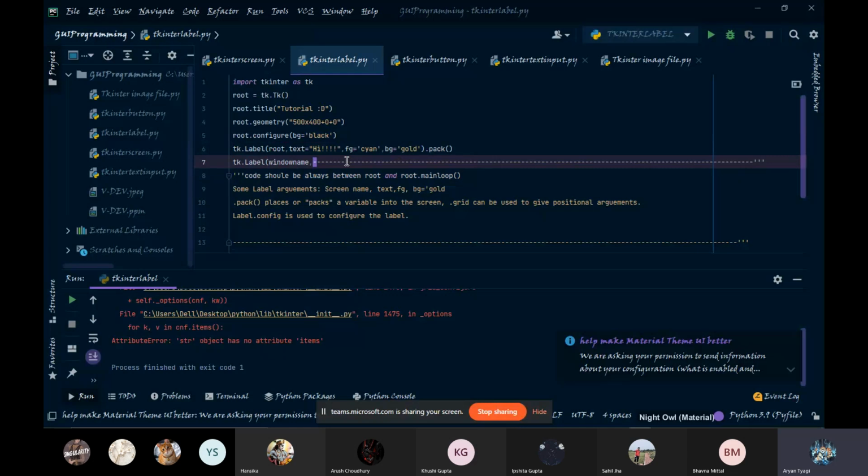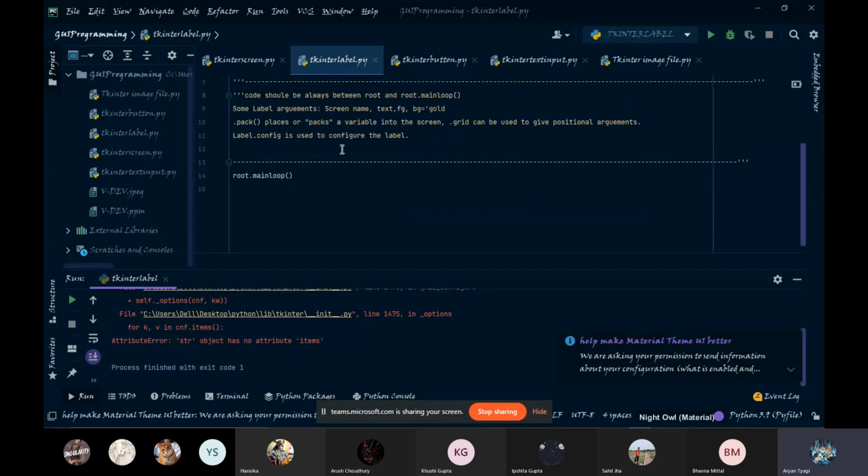Then we have the text, then the foreground color, background color. These are the basic arguments which you will usually need. I have also provided them in the comment here. There are more arguments, but those are not commonly used.